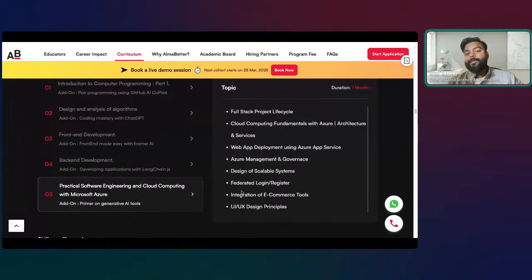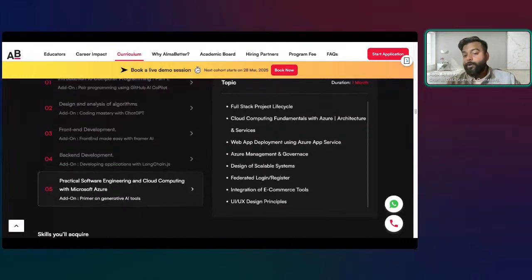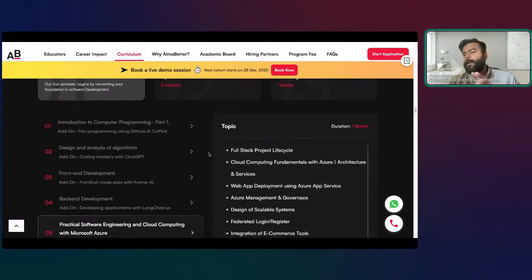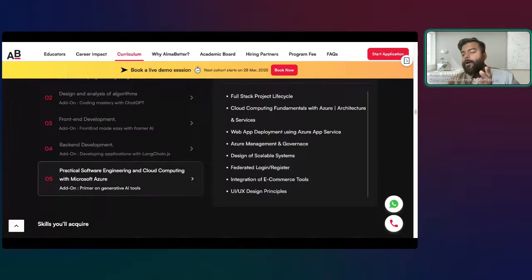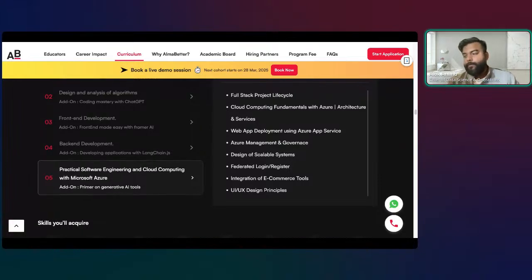And that's where the last module comes into the picture, where you have the understanding of the project life cycle, so how it comes from development to production. Then you have Azure as a platform. How do you design scalable systems? When I say scalable system, a lot of serverless architectures are there. If your users suddenly go from 0 to, let's say, 1 lakh, how will your system respond to it? Logging, integration, UI/UX design principles, all of these are part and parcel of understanding the whole sum of any project, how it is executed, right?